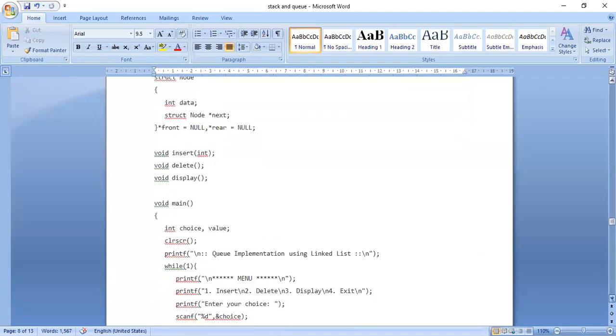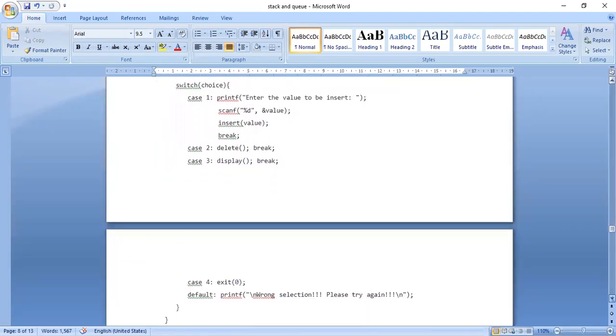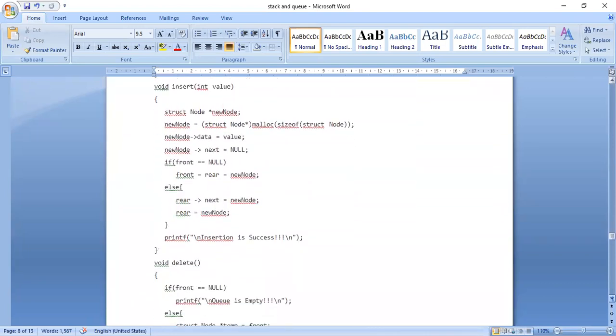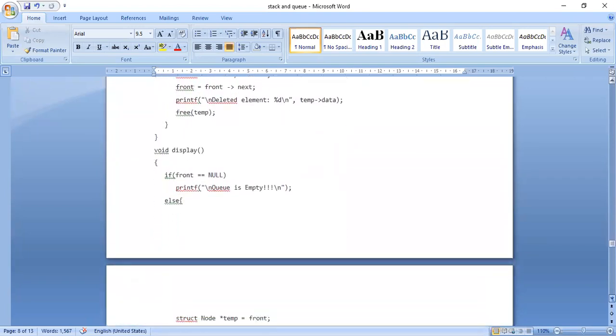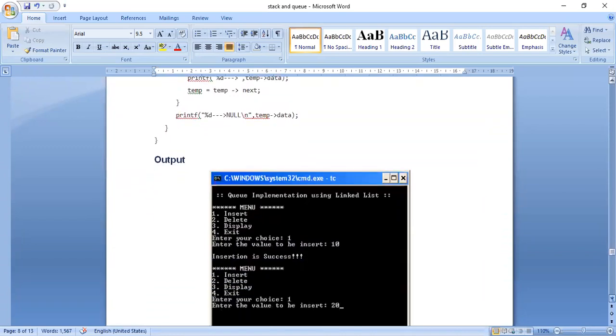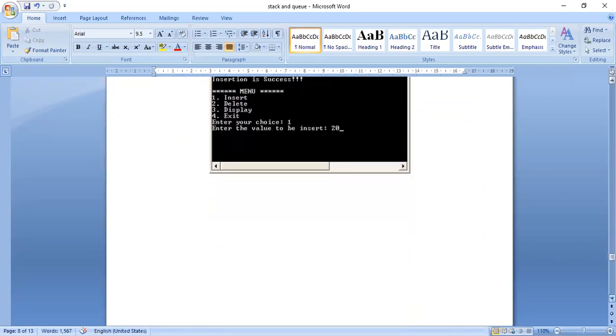So this is the program for implementing the queue. Another thing, we have different types of algorithms also.